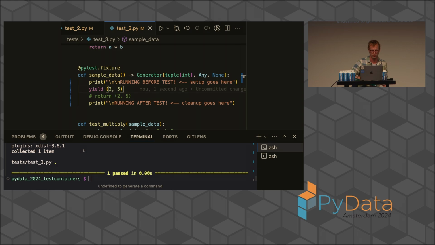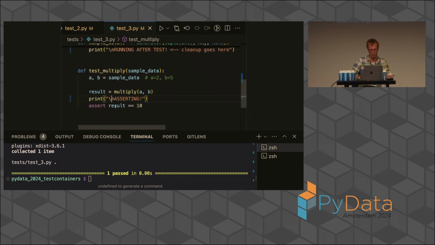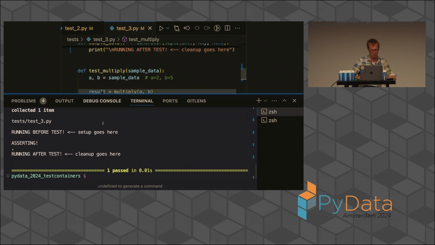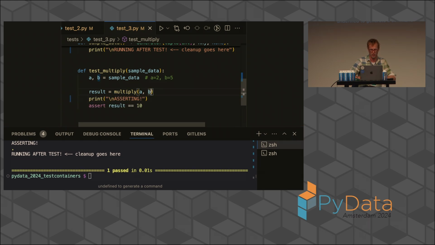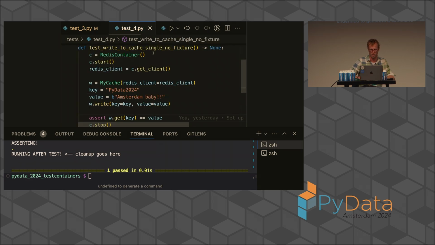test containers. All right, we plug it in here. Let's uncomment the assert part. And then you will see it runs before test, then we assert, and then we go back to the fixture. Now, most people will be familiar with this, but I thought I'd explain it anyway. And we will use this when we actually get to test containers. Okay,